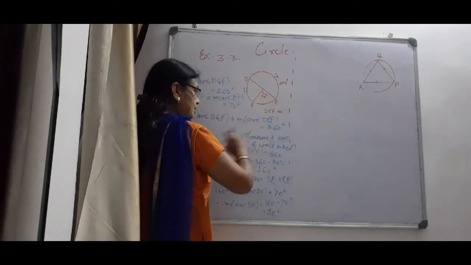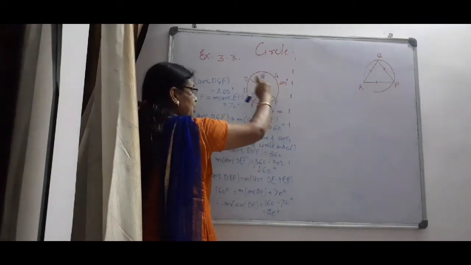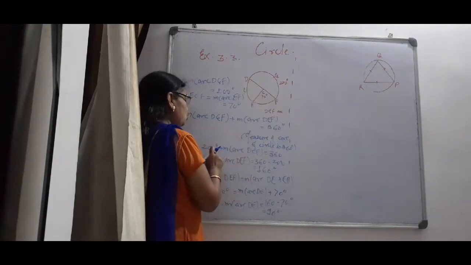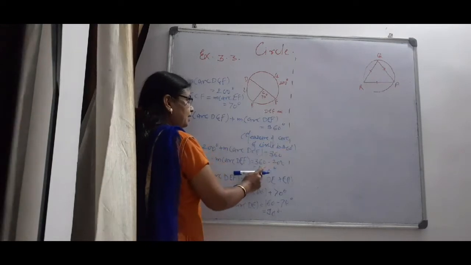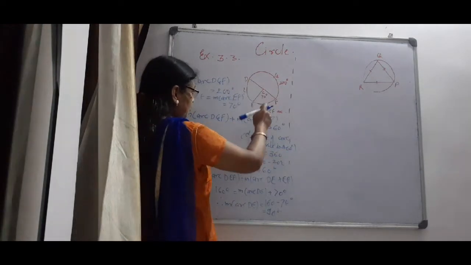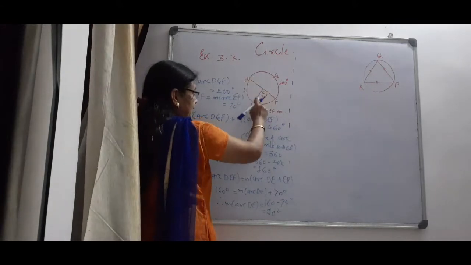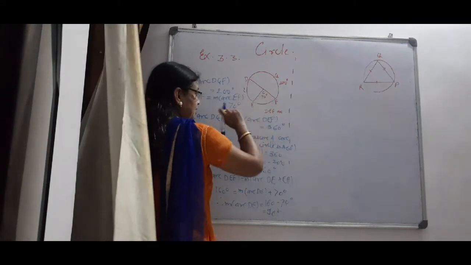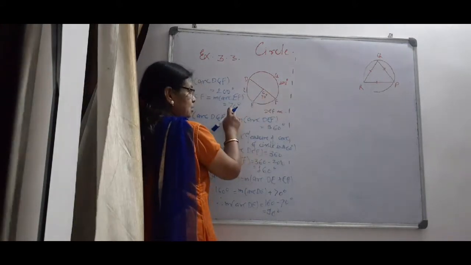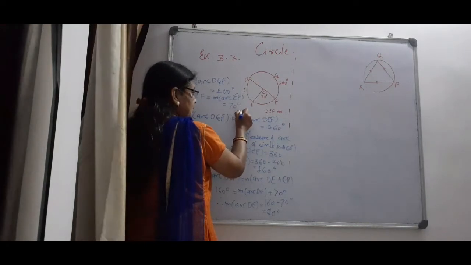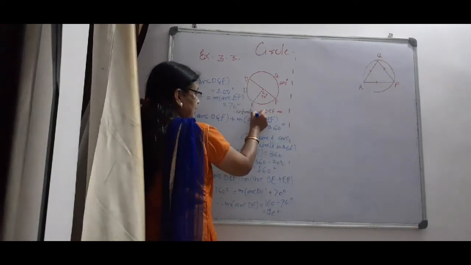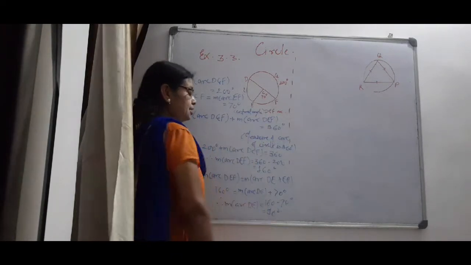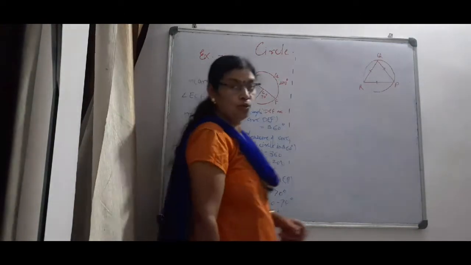Now here total arc is 360. One of the arcs is given, how much? 200. So measure arc DEF is how much? 360 minus 200, that is 160. You get this arc. And then you can add these two arcs, DE plus EF. Now ECF is 70, central angle is 70, the corresponding arc is also 70. What is the reason? Central angle. And then use that property, then you get measure arc DE is equal to 90. In this way you have to solve the problem.